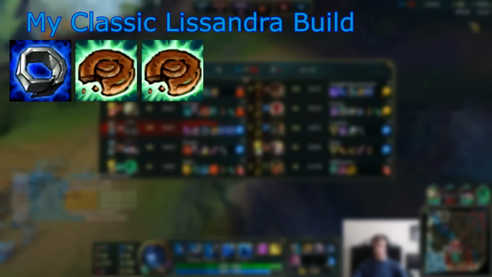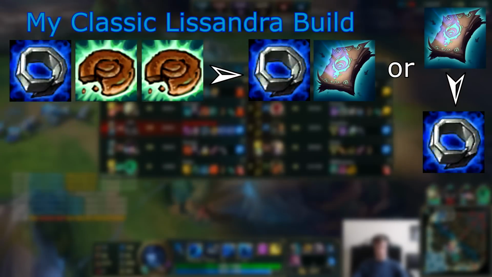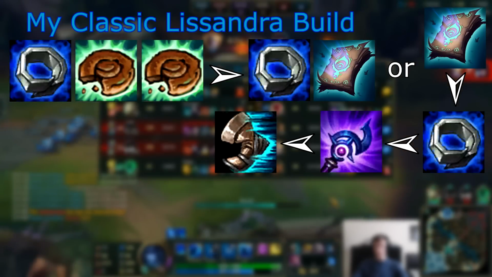So the build goes like this. Doran's Ring, double pots, into first back Doran's Ring and Lost Chapter. If you can afford only getting your Lost Chapter first back, do that, but make sure that you have your double Doran's Ring in this build. You're going to be going straight into Luden's Echo, into Spell Penetration Boots, finish your Morellos, get a Rabadon's Death